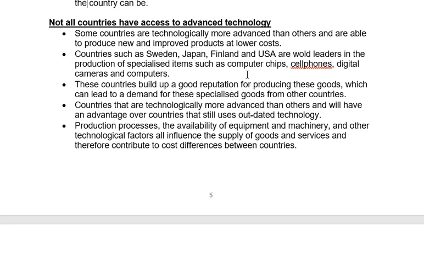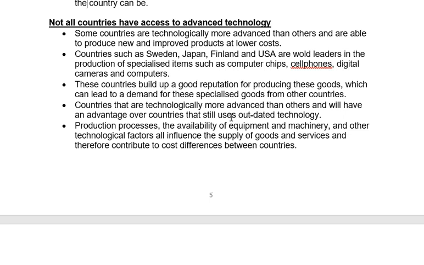Ford, I think they come from America. They are decent vehicles, good quality. They've built up a reputation over many, many years. And the only reason they can do this is because they have access to technology that others don't. All right, so those countries that are wealthy enough to operate the more advanced technology, they are